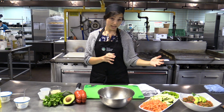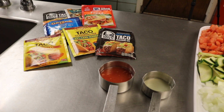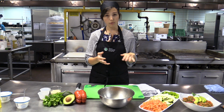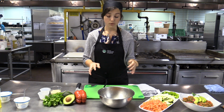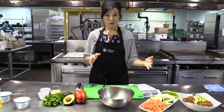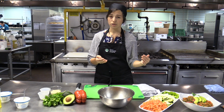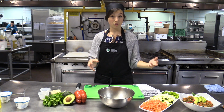You can use packaged seasonings as well. There are a few varieties out there like Ortega, or there's the Taco Bell, El Paso. There's a few different ones. I usually recommend going with something that's low salt, no salt added, sodium free, whatever you can get that's a little bit lower. As we know, sodium or salt makes us a little bit puffy, not so good for anyone who has heart disease or high blood pressure. So it's always good to eliminate it when you can, or at least reduce it by a little